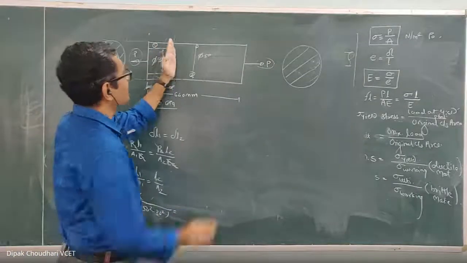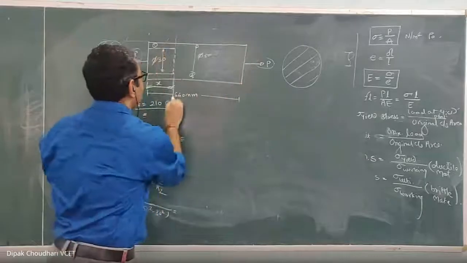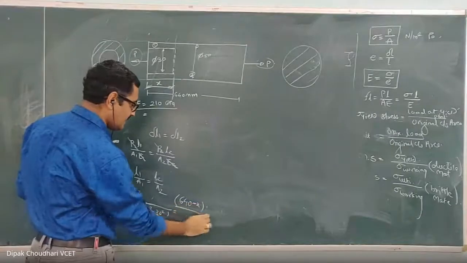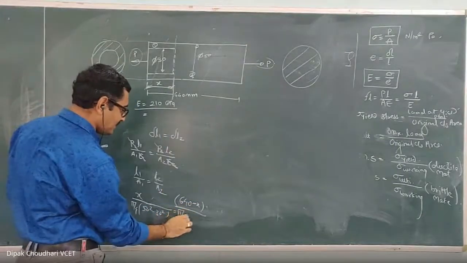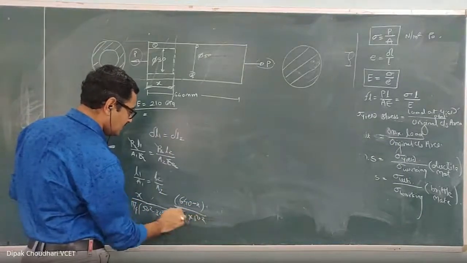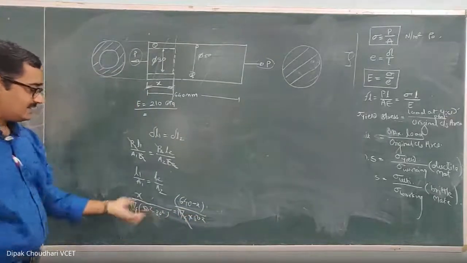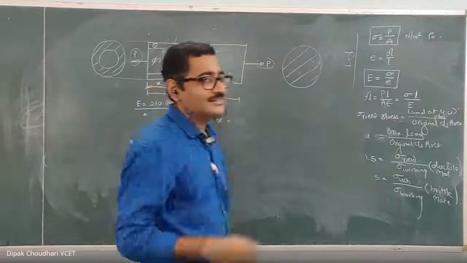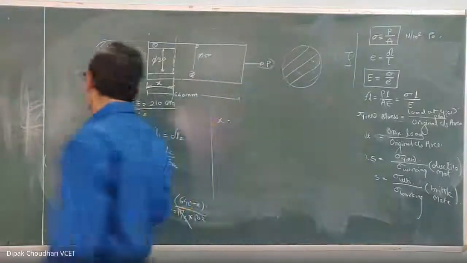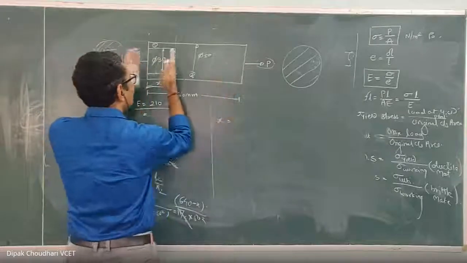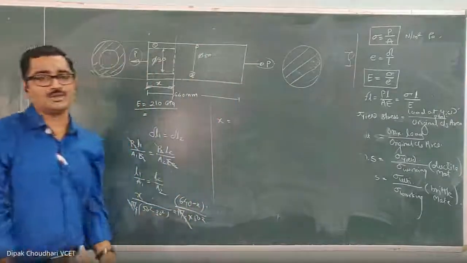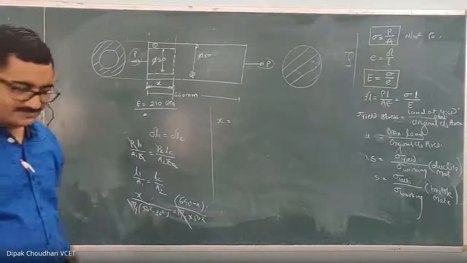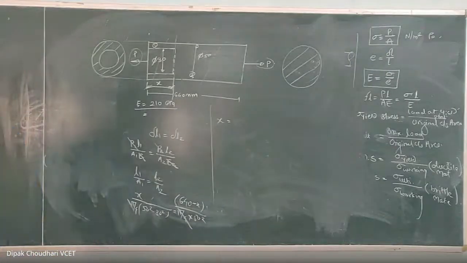And how much is the length of the second part? We have considered this section. This is the solid part. How much is the length of that solid part? It is 640 minus x, upon its area, pi by 4 into 50 square. Again, this pi by 4 gets cancelled. Simplify this, and you will get the answer. So this much should be the length of the drill hole such that for any axial force, the deformation of the hollow part will be equal to the deformation of the solid part. Simple question, not that difficult. Calculate and tell me the answer.